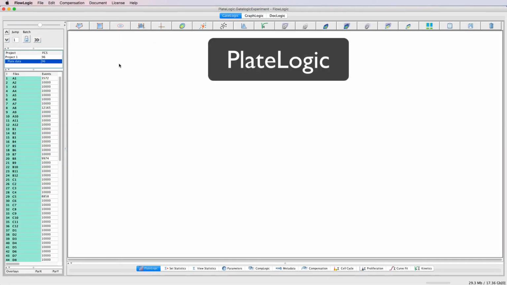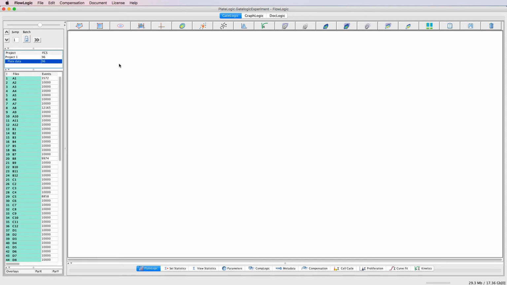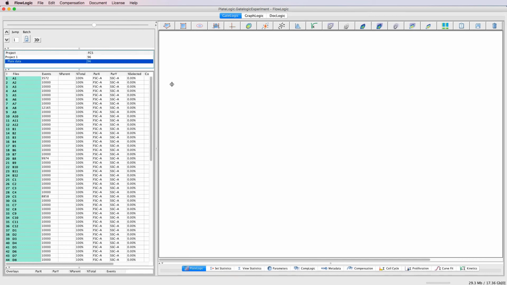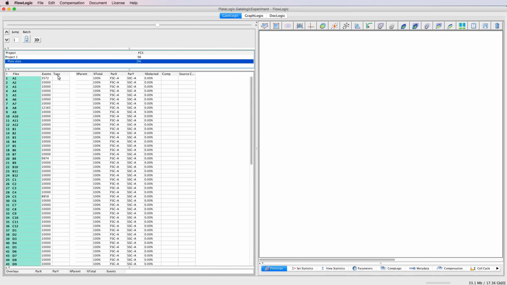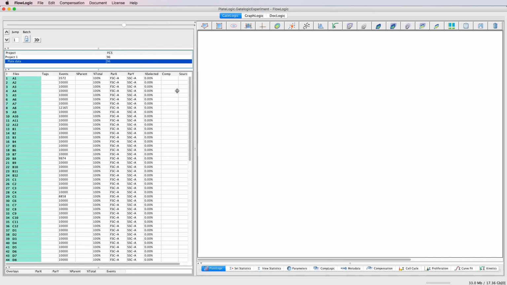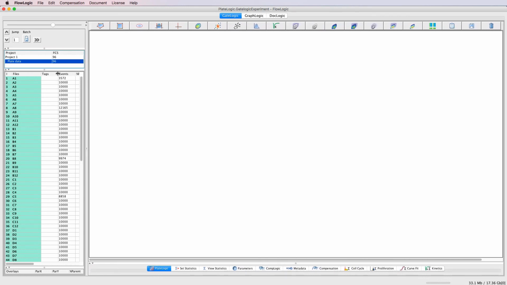So PlateLogic is a tool for the screening, filtering, and visualization of large datasets, such as plate data, and it contains a range of features including automatic heat map generation and outlier detection. So here I will use PlateLogic to perform a data array analysis, and I will use tags to help filter the results. Firstly, to help identify our tags, I will move the tags column right up next to the file